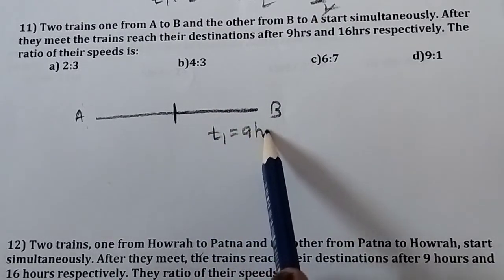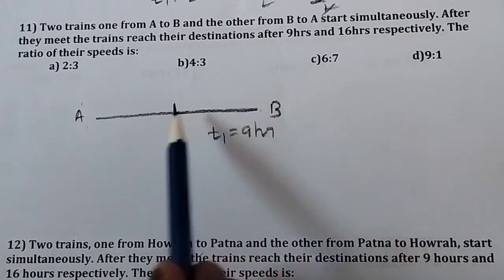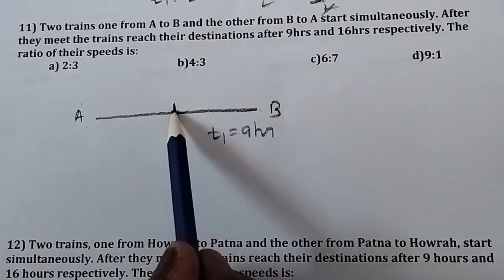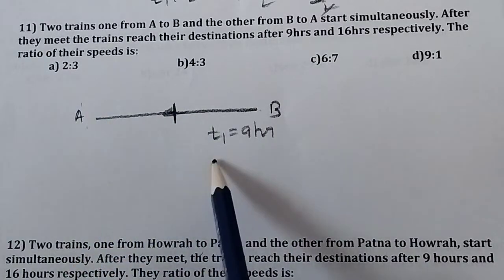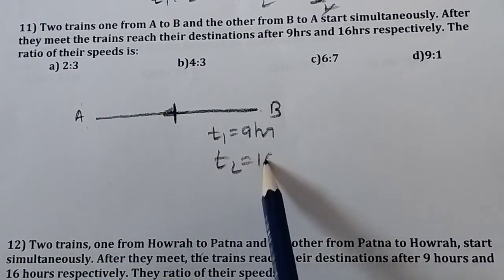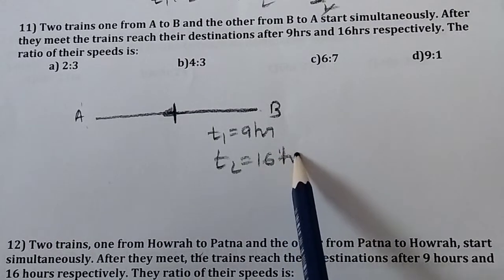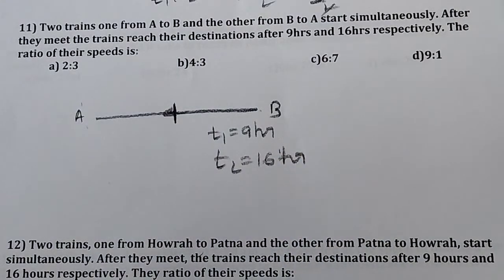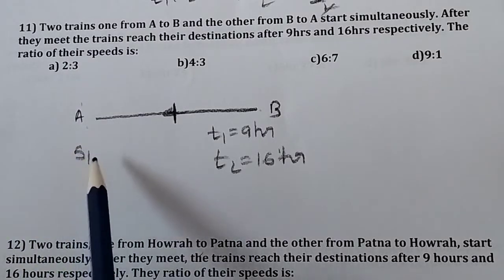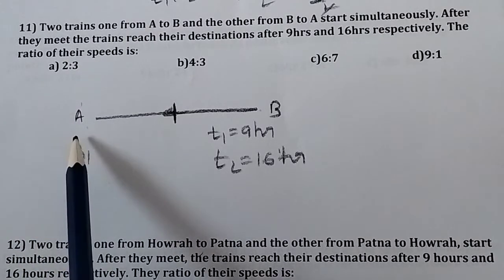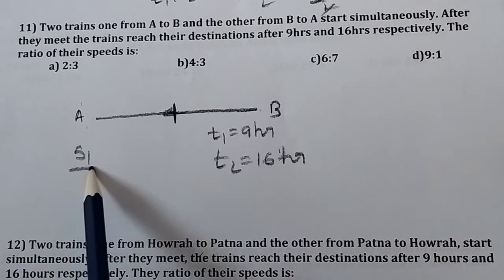The second train, after crossing, reaches the destination in 16 hours. From these two pieces of information, we are asked to find the ratio between the first train's speed and